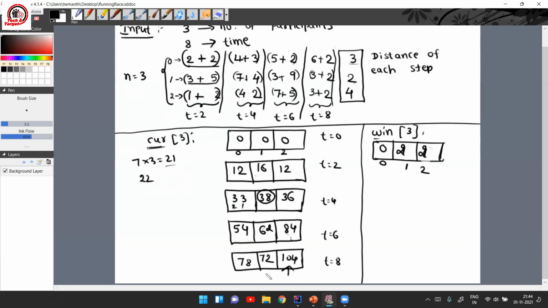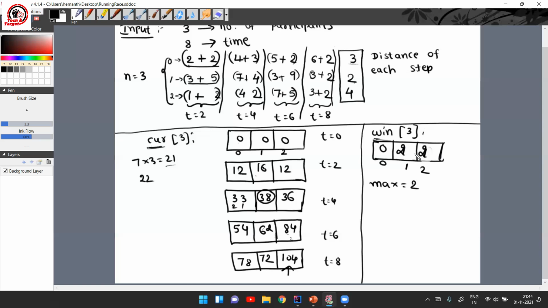So after this is done, we'll come to the winner array, and what we have to do is find out the first instance where the majority element is found, right? Now what is the majority element in this array? Obviously the max element that we can get from this array is 2. Now there is a twist here. We know that 2 is the majority element, but there are two indexes with the same element 2, which is the majority element for us in this case.